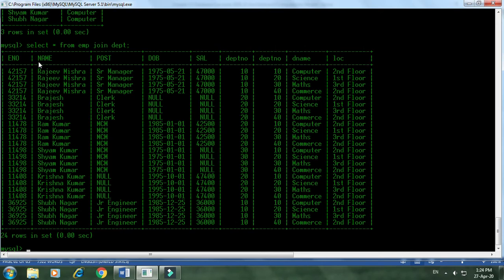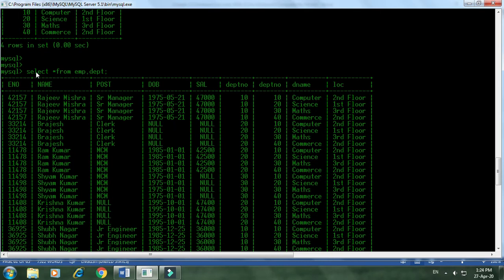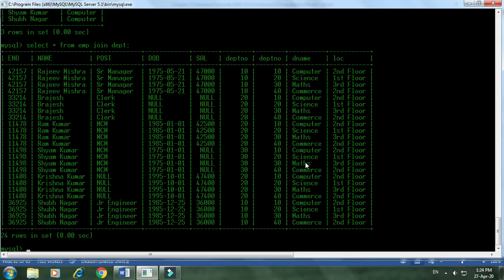As you can see, all the columns and all the rows are there in the result. It is the same as the result of the query select star from EMP, DPT. So with the join operation you can use the join keyword even to join the two tables, and it is a Cartesian product.